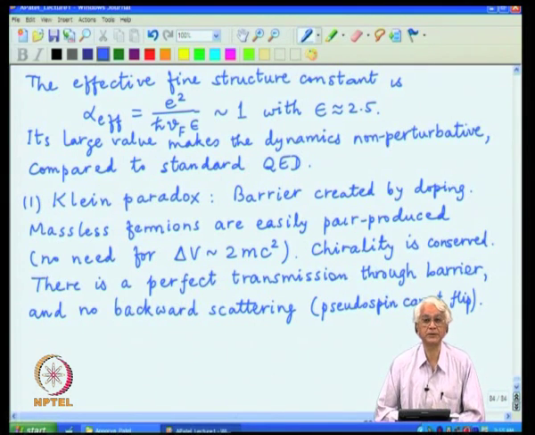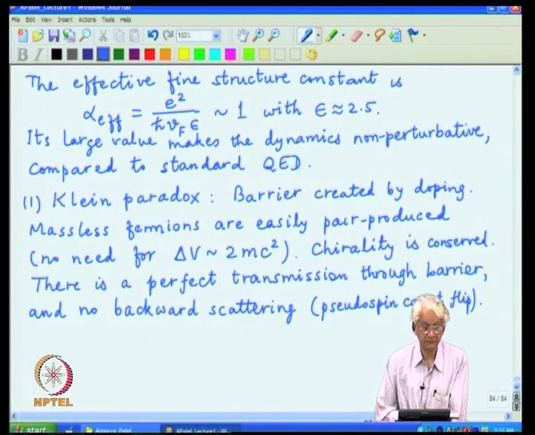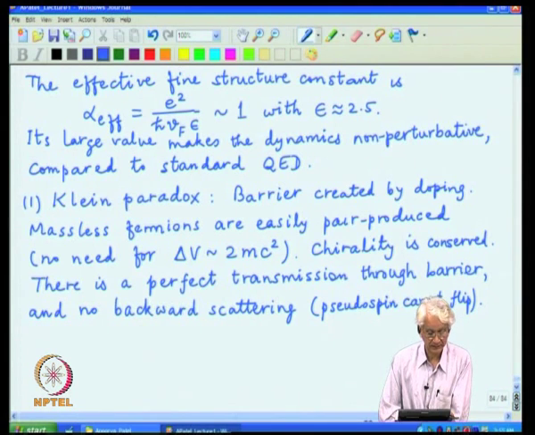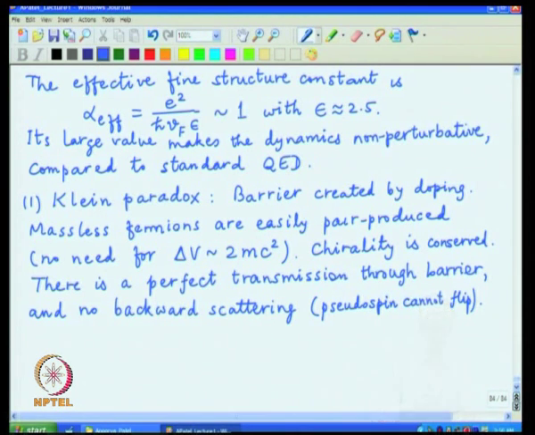So, this is an unusual feature that even though you put in a barrier, the electrons essentially do not care about it. If you have an incidence which is normal to the barrier, it will just go through. There does occur some reflection if the incidence is not normal to the barrier, that is possible in 2 dimensions, but scattering by 180 degrees just does not occur. So, this is the analog of the Klein paradox.